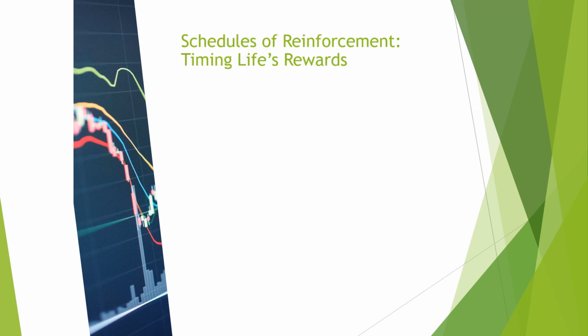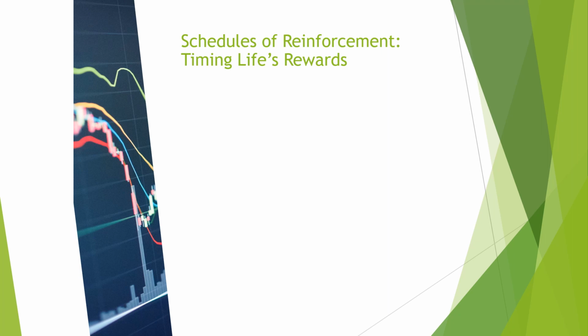Okay, let's talk about these schedules of reinforcement. There are 4 different schedules of reinforcement. And again, I want you to write down 4 things, just like I had you do with reinforcement and punishment. The 4 things that I want you to write down with the schedules of reinforcement, okay? Fixed means exact. Variable means that it varies. It's based on an average. Ratio means responses, and interval means time.